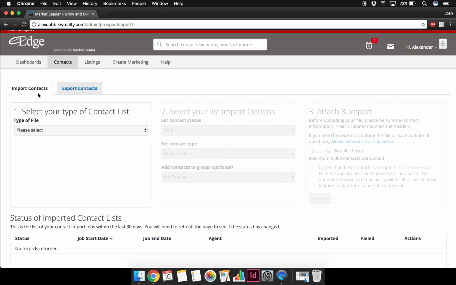The easiest way to do this is to then come down to select the file type that you are using. If you're using Outlook or any other real estate database systems, you can select which ones are here. If you're starting from a complete scratch,